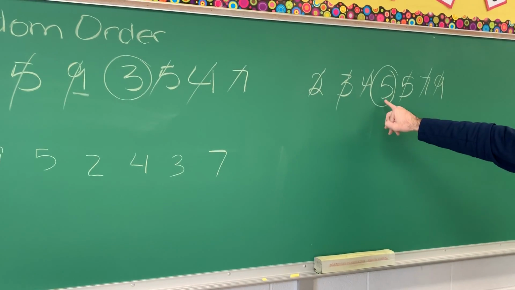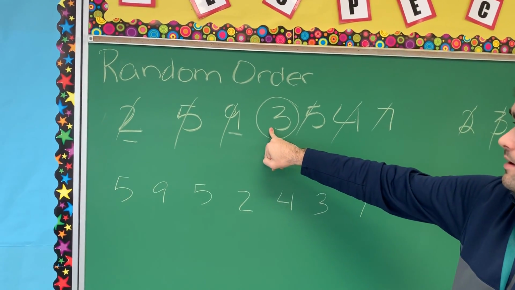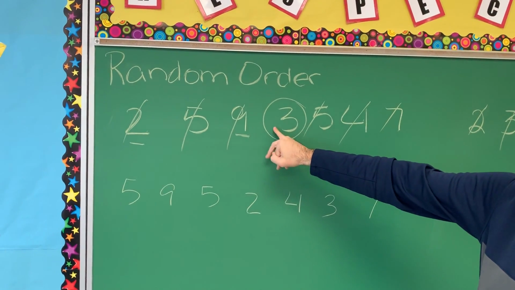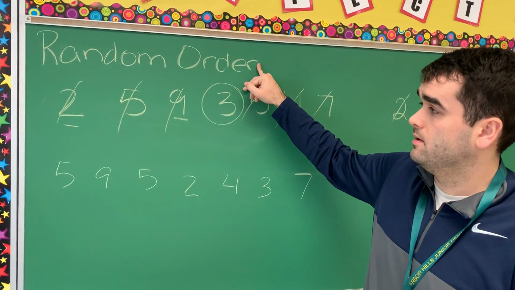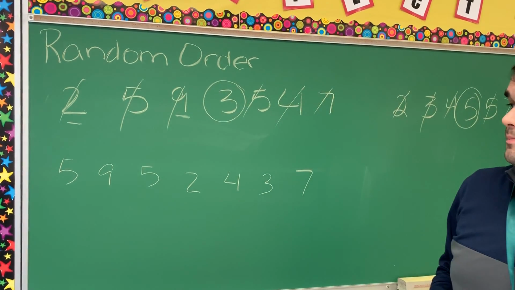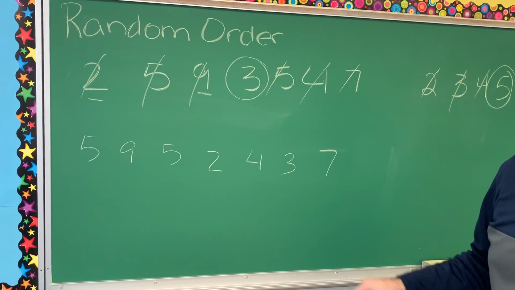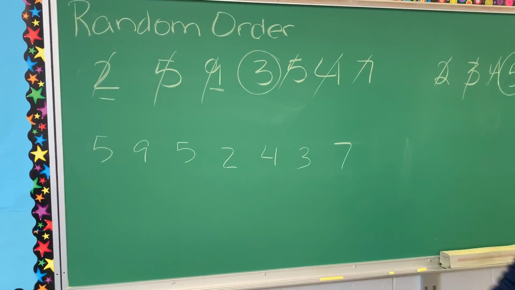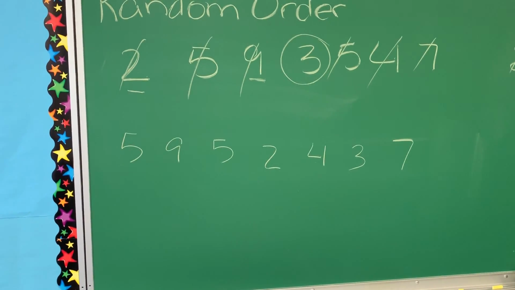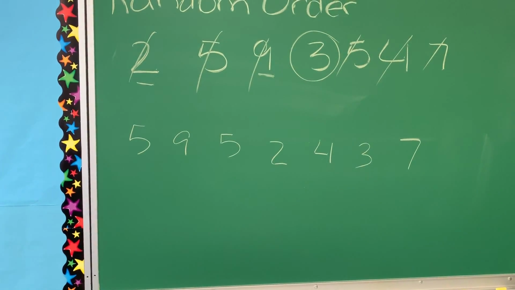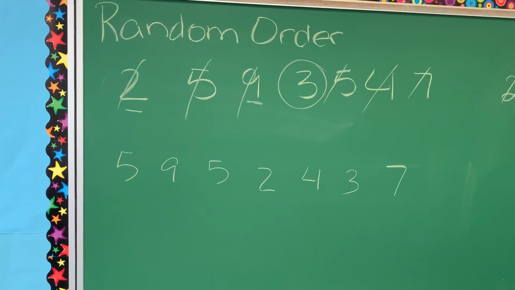Now, as you can see, my median here is 5. It does not match up with the median of 3 that I got here. So your first step when you have a random order is to make sure that you put them in order from least to greatest before you do any crossing off or trying to find out what is in the middle. So that second one that he has down there is the exact same numbers once again, but you might be able to mentally see that if we were to cross off, 2 would be the median. So 2 would be the median, 3 would be the median, when we have a rearranged order,